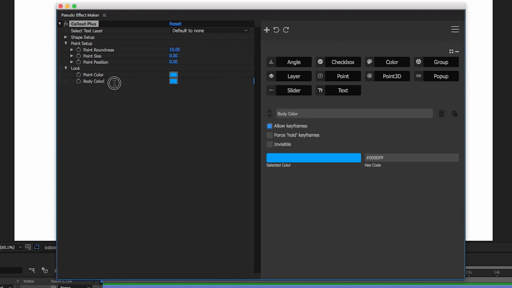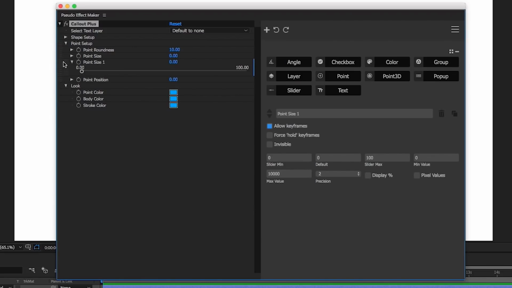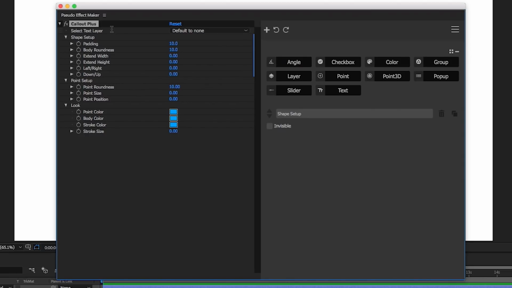And then duplicate that again for stroke color. And then stroke size. Let's just duplicate that point size because it'll use the same settings. Okay, so that is the main controller. I think I have everything that we had talked about. Now I can also save this if I want to,